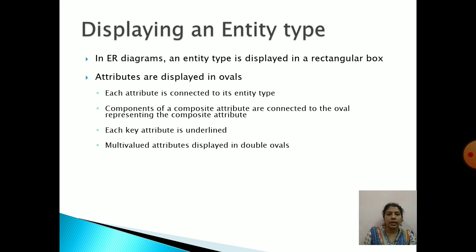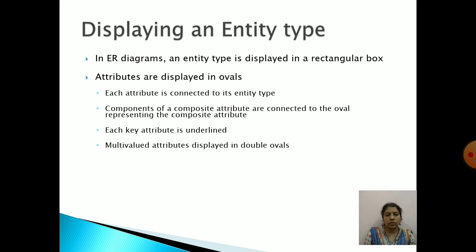Then, displaying an entity type. In ER diagrams, an entity type is displayed in a rectangular box. Each entity will be represented using a rectangular box, and attributes are displayed in ovals. In the previous examples, I have shown the different types of attributes, and there I have used ovals. That is the normal convention used to represent an attribute. Each attribute is connected to its entity type.